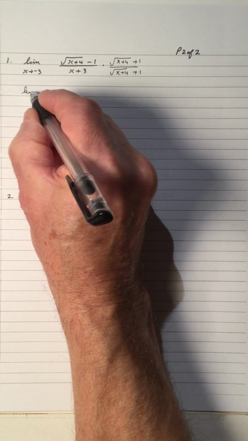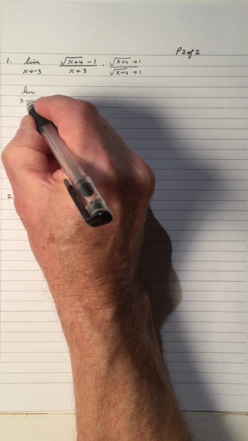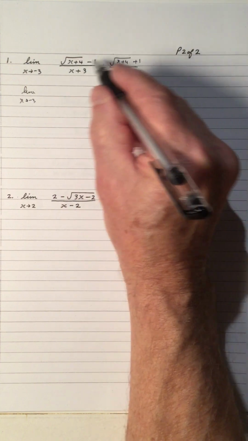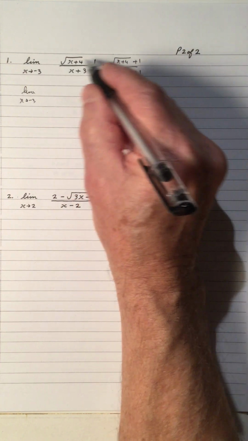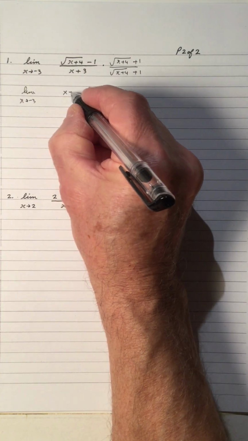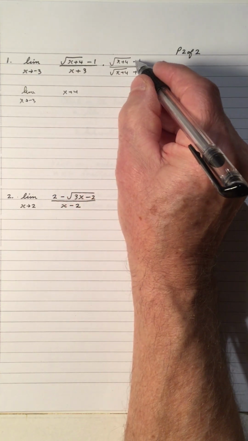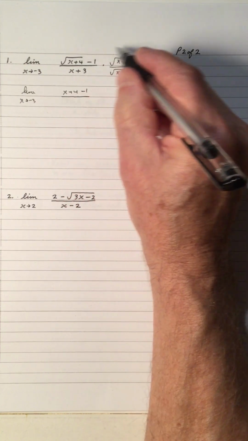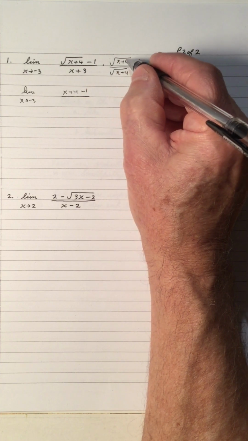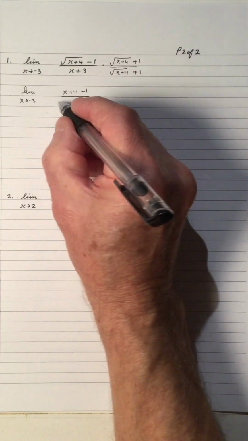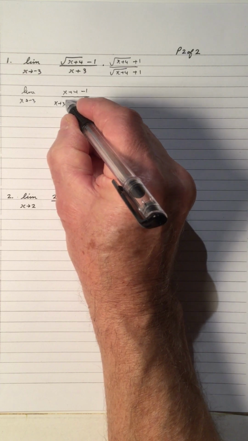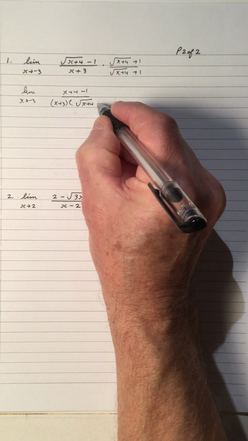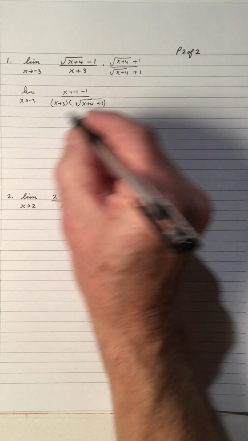And so that gives us, we want to simplify that. When you multiply these two conjugates, you multiply the two roots, which gives you x plus 4, and you multiply the negative 1 by the plus 1 and give you negative 1. You don't have to do the outside inside because they'll give you 0 by FOIL. So we multiply x plus 3 times the root of x plus 4 add on 1. And that gives us